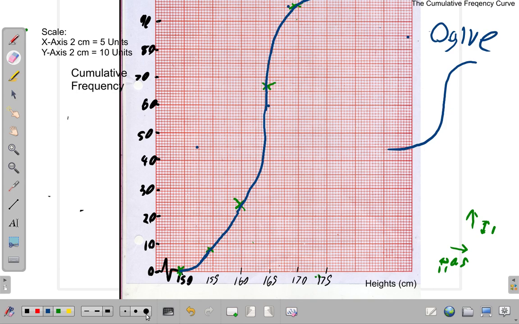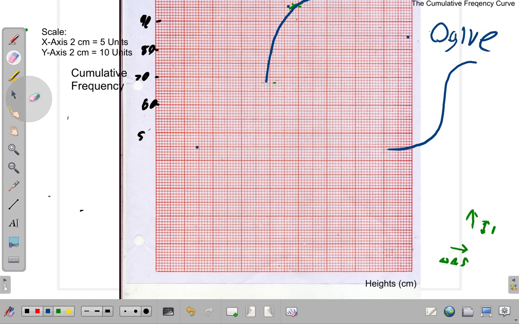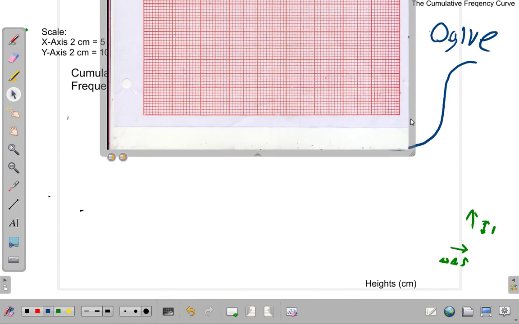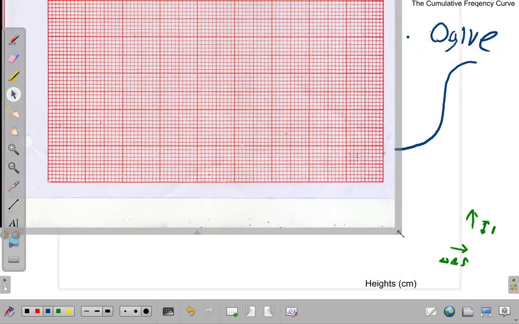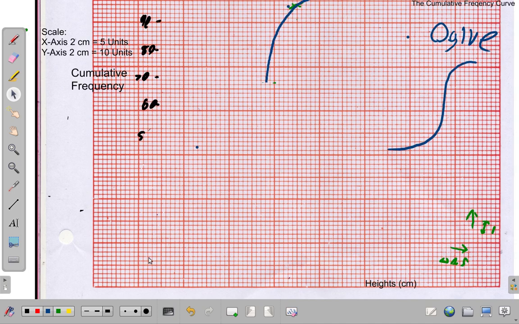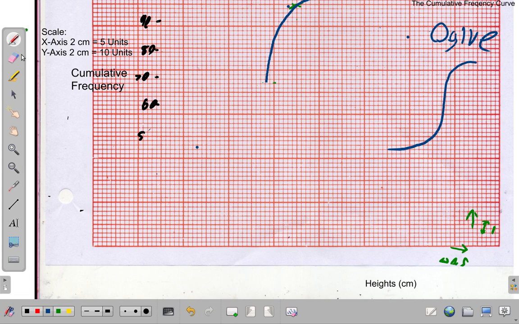Now, having done this, let us look more closely at what was happening on the graph paper. Let me zoom in a bit, as I promised before. I'll zoom in on the graph paper a bit more and take a closer look. We said on the x-axis 2 centimeters equal 5 units. So we went from 150 to 155. What I was saying is that if you look at the small squares, 1, 2, 3, 4, 5, 6, 7, 8, 9, 10. The 2 centimeters is divided into